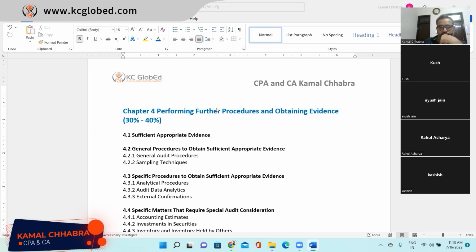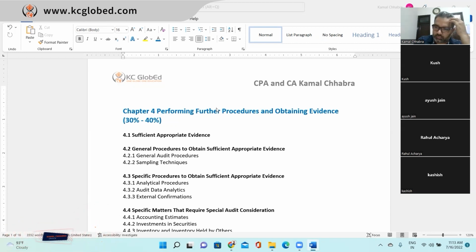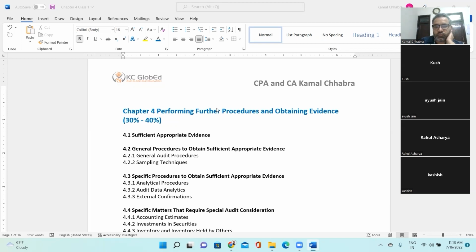Secondly, when we do analytics, the best part is that you are able to drill down to the lowest level of information, let's say a journal entry, to identify any anomalies or any differences in your expectation versus what you see. Wherever we see anything beyond our expectation, we can drill down and evaluate and assess to make sure that it's not a material misstatement or that there's no risk.